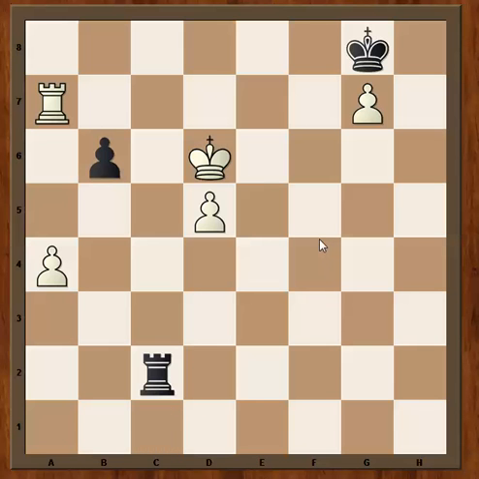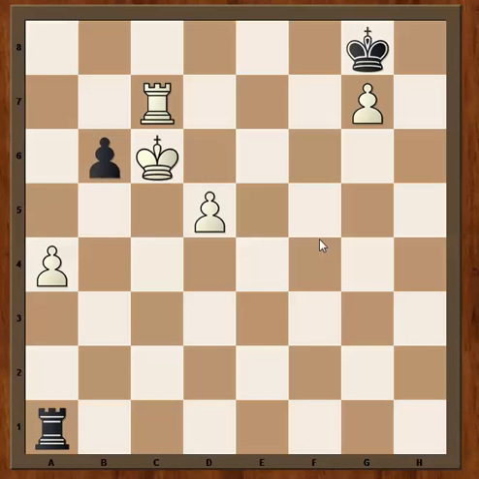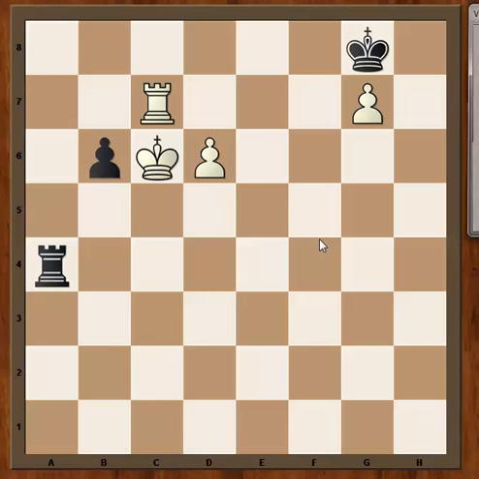Rook c2, d5, rook c1, and now rook c7. He provides a bridge. Rook a1, king c6, rook takes a4, and now we play d6. And here black resigned. And if you want to know what the finishing moves could have been,